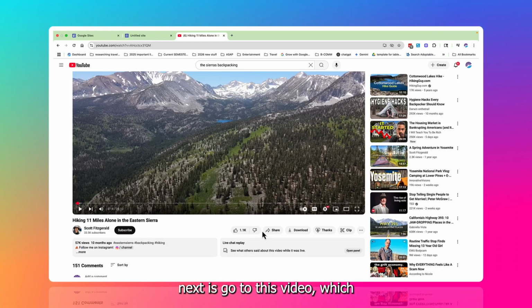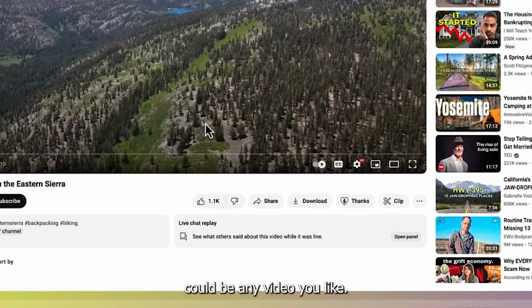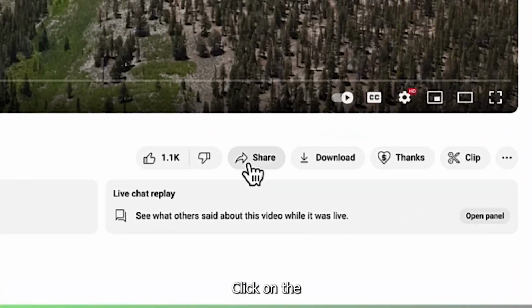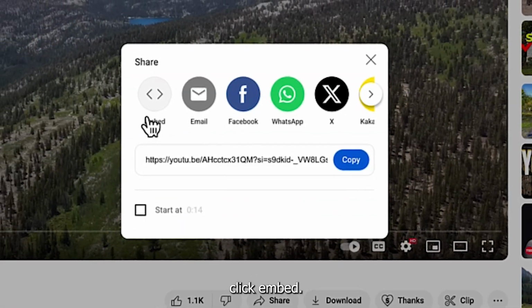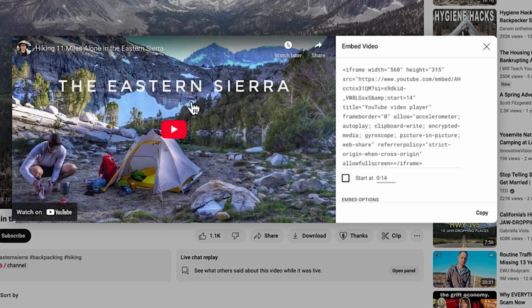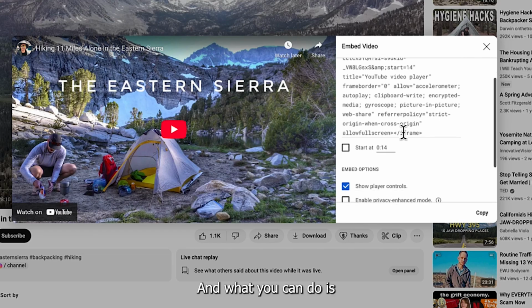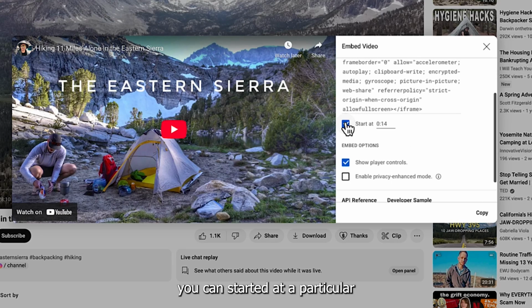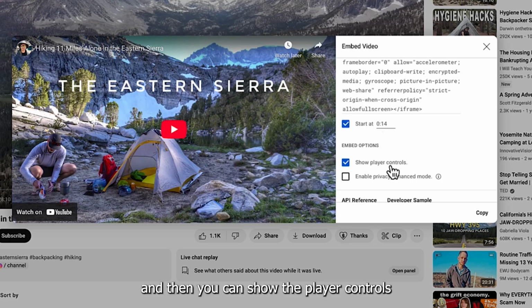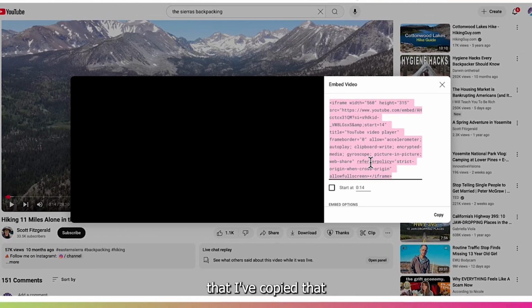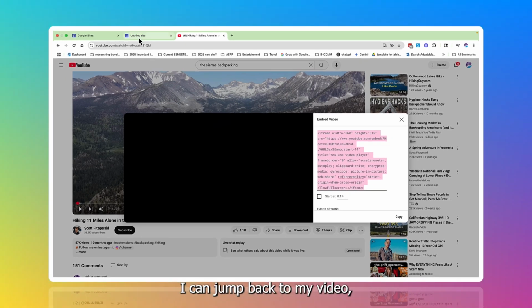And so what I'm going to do next is go to this video, which could be any video you like, click on the share button, click embed. You get this bunch of text here on the right hand side of your screen. And what you can do is start it at a particular point in the video to skip over any ads that might be there. And then you can show the player controls if you'd like to. I'm going to click copy,